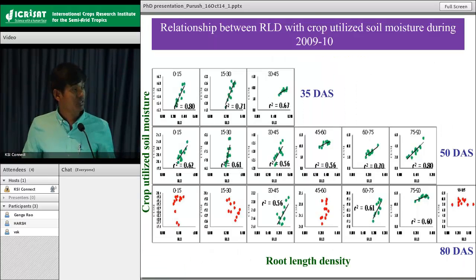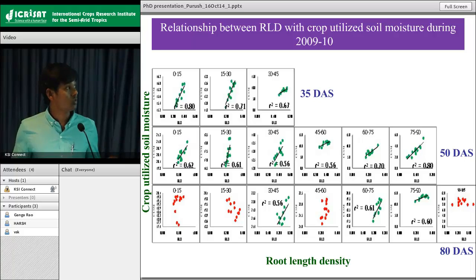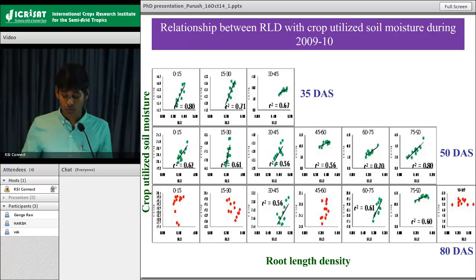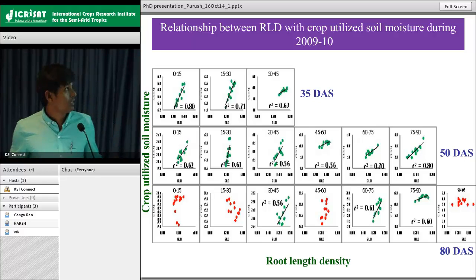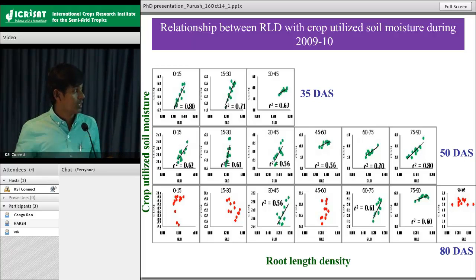The relationship between the root proliferation at a certain soil zone and the amount of soil water uptake for that particular zone is expected to be linearly related. In this case, I just want to show the RLD of the particular depths regressed with the crop utilized soil moisture for that depth. You can find